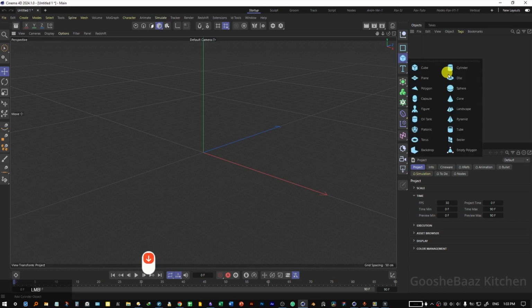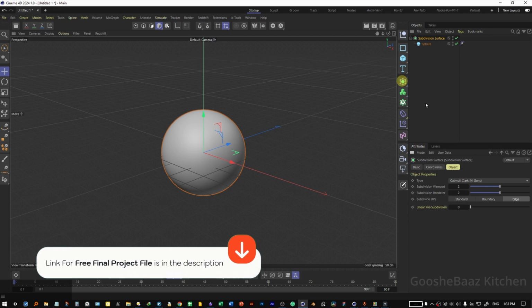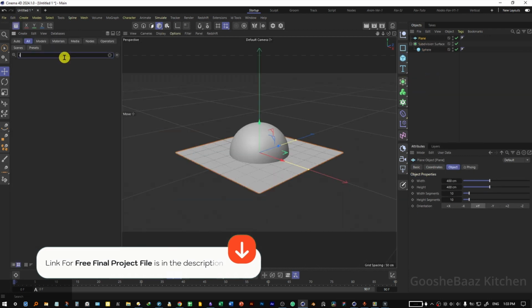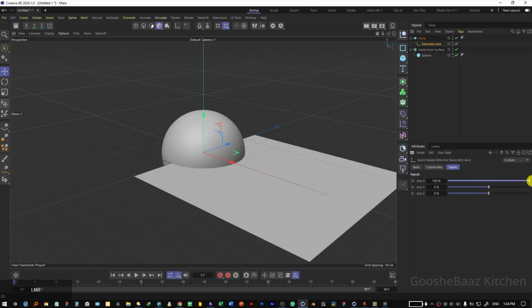Okay, first add a sphere to the scene, then change the type to hexahedron, add it inside the subdivision surface, add the plane, come to asset browser, search for axes, drag and drop axis under plane, change the axis X to positive 100, on the plane change the width and height segment to 3, change the width to 2500, change